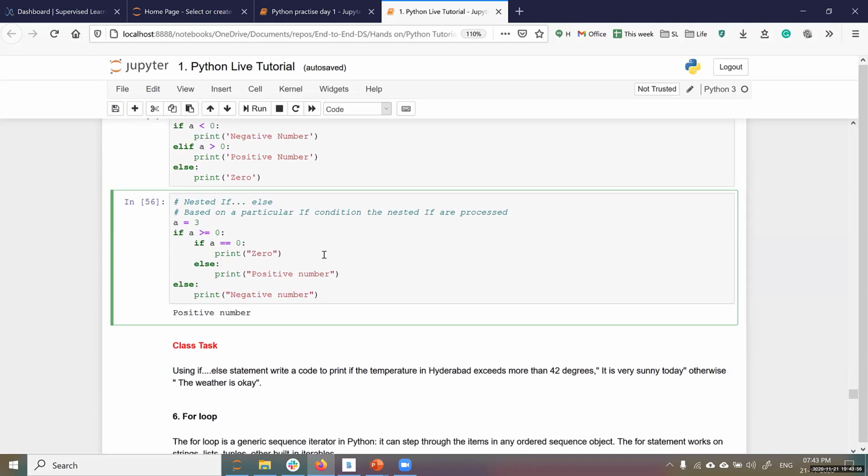And you can put a loop inside a loop also, nested if else. In the first if you go inside, and then there is another condition, and it has an else, and then it comes back. So indentation in Python will help you understand nested if. For example, if you see the if here, it's 4 indents away, else also 4 indents away. So this is a nested if. Until this is completed, the next else won't be executed.